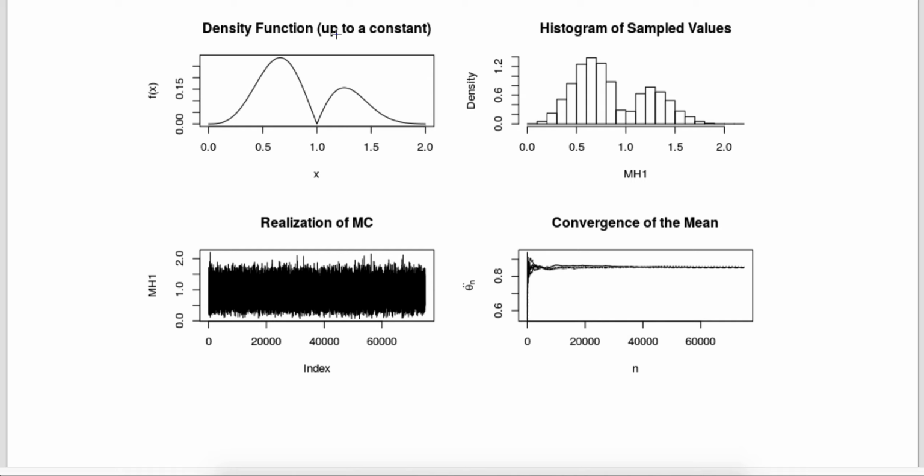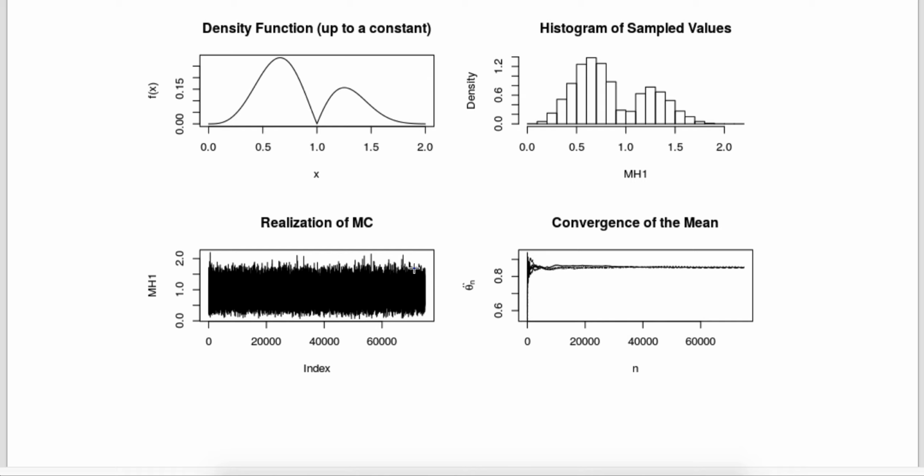So let's check out the resulting plots for our example. So here's our first one, our density function up to a constant. Again, this could keep going if you want to peek at what it looks like out here. But we get a rough idea, up to a constant, of what our density function looks like that we should be sampling from. Here's a histogram of our sampled values. So it looks like we did a pretty good job sampling from this distribution. At the bottom, you see a realization of our first run of the chain. And this might look like a bunch of junk, and that's great. That's actually perfectly fine. So I ran 75,000 steps, and this should just be jumping all over the place,